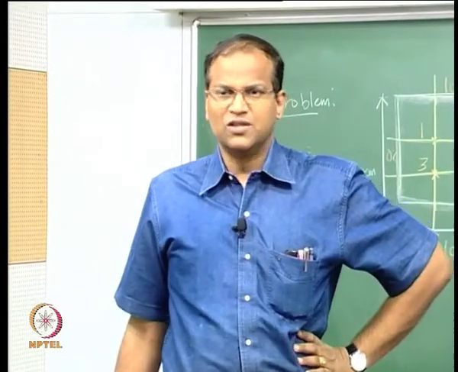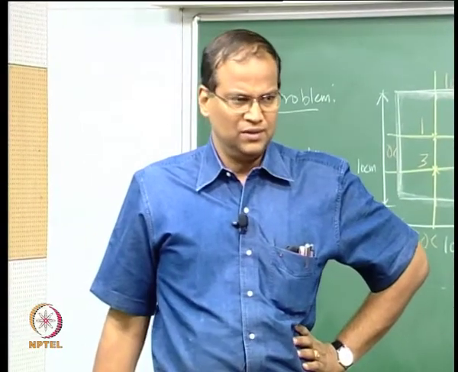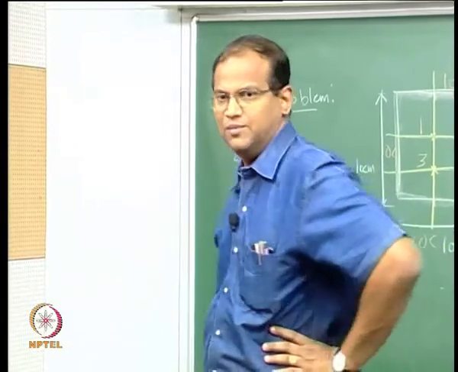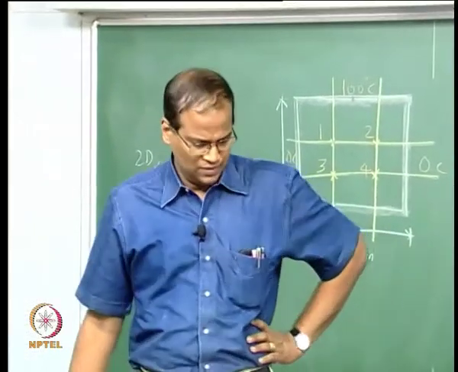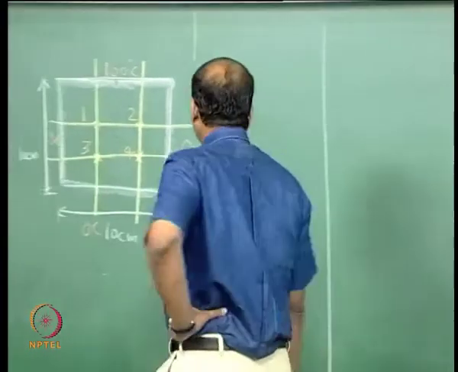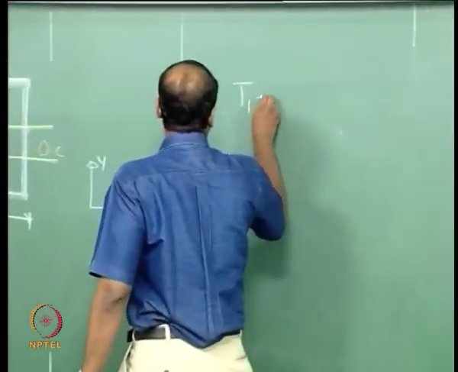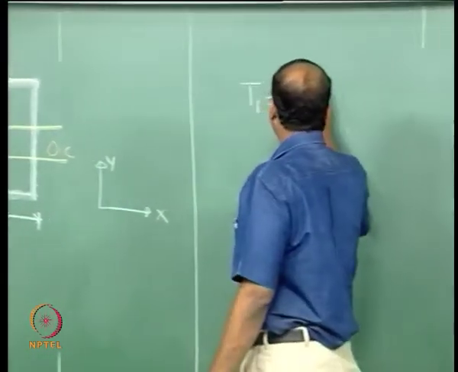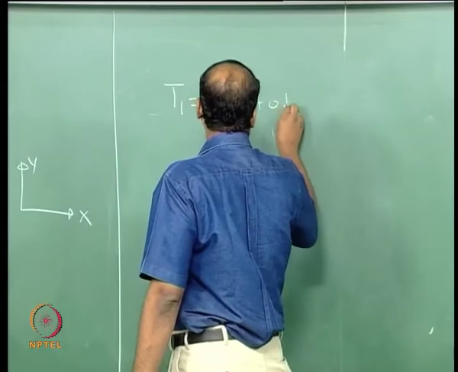We want to use the central difference formula to numerically solve this problem instead of using the series solution which we obtained in the last class. So T1, please note, you can write the equation for T1 as 100 plus 0 plus